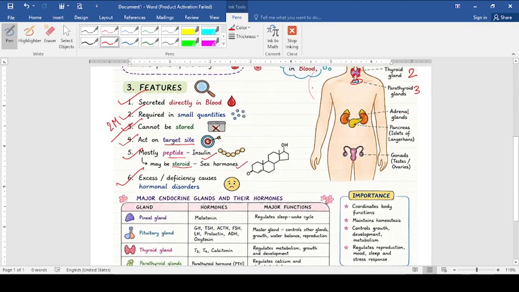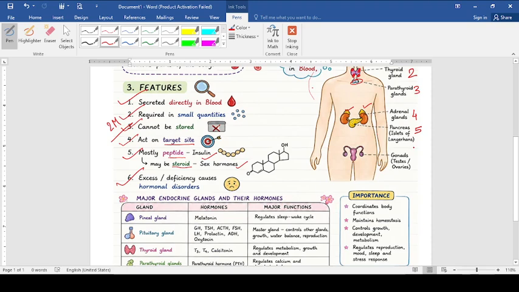Then we have a gland in pair, a very important gland for the exam, that is the adrenal gland, which is located as a cap-like structure on the top of the kidney. Both the kidneys, you can see this gland is there. It releases an emergency hormone. What is it? We will discuss later on. Now we'll be having the pancreas, the dual gland. This fifth gland is a dual gland. Only 1% part of the pancreas is endocrine, so we are discussing it under the heading of endocrine glands.